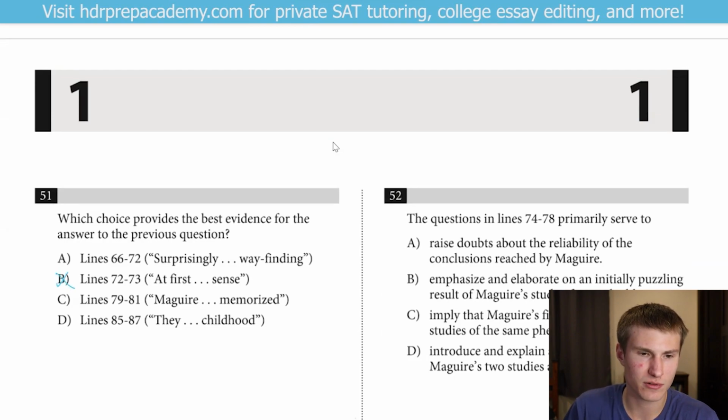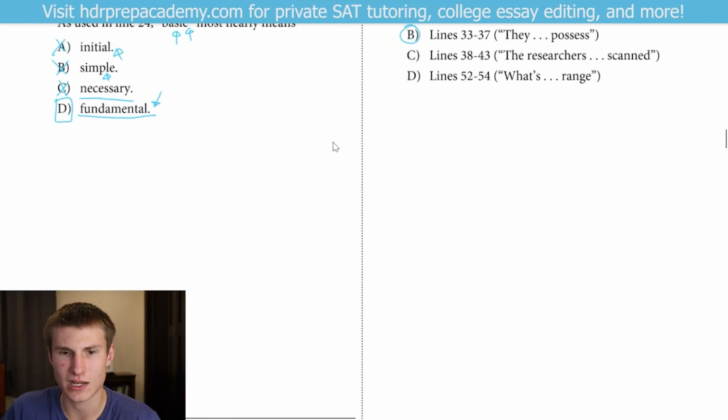Okay, so that's not going to be right because that's way too narrow. It's not providing any evidence. I don't believe D will be correct for 51. So let me take a look at C and A then. So C, McGuire and memorized, so 79 to 81. All